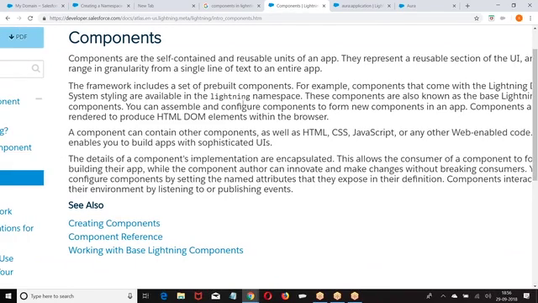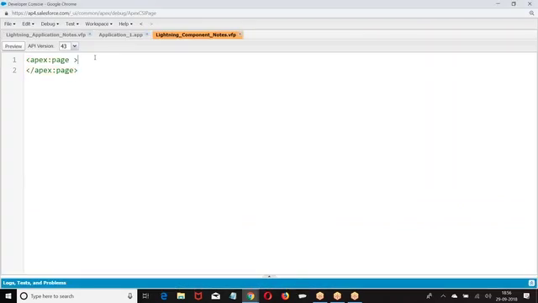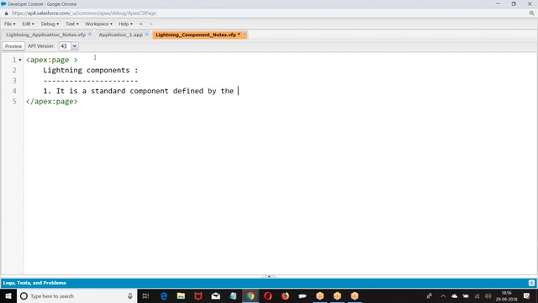Okay. Now let me give you Lightning components. What is it? It is a reusable unit.